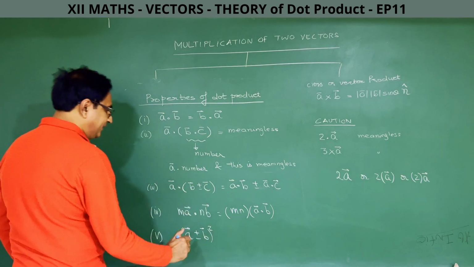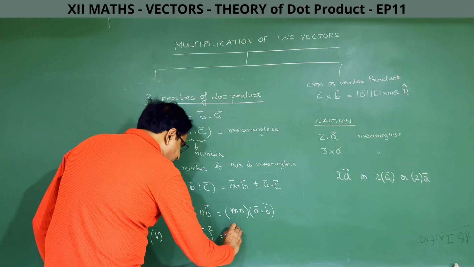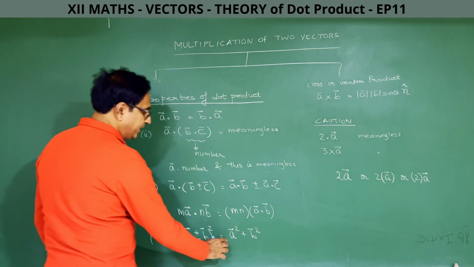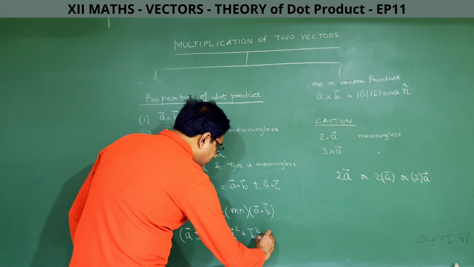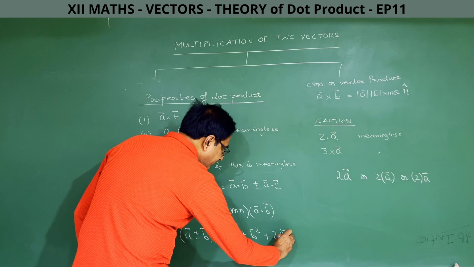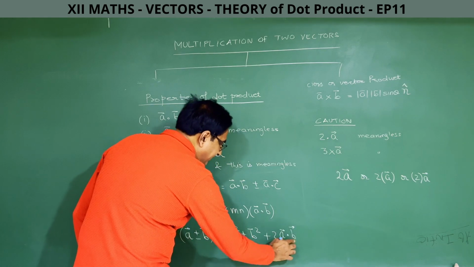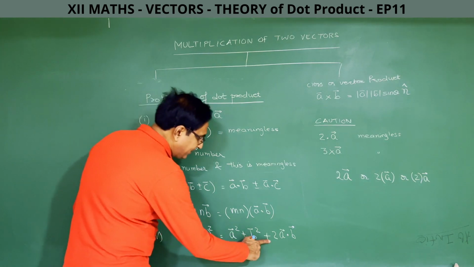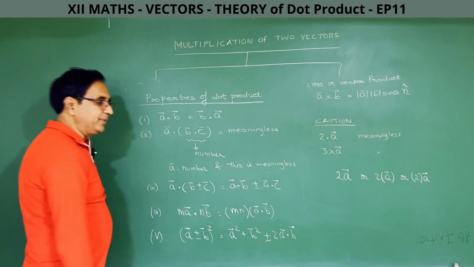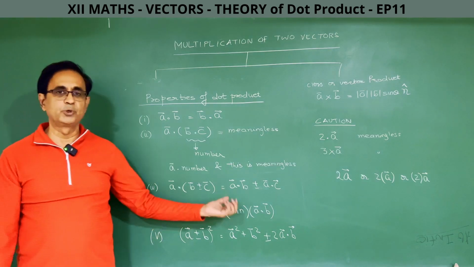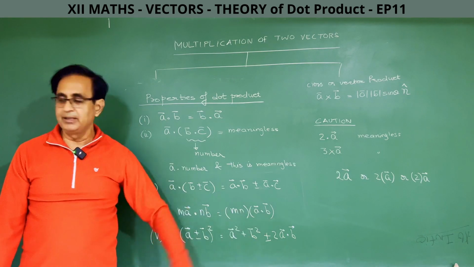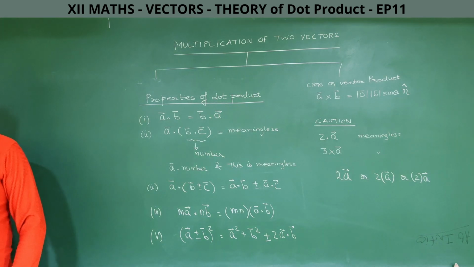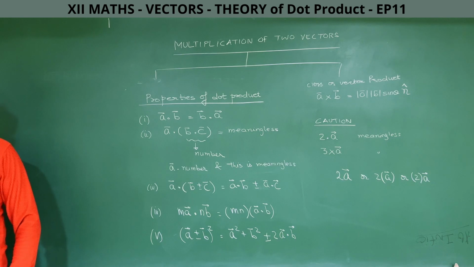Alright. So fifth one, what will be (A plus minus B) whole square? So if you open it and derive it, finally it is going to come to this, and this is something like your algebra formula. You will remember A plus B whole square is A square plus B square plus 2AB, but here AB will not come, A dot B will come. So A plus minus, okay, minus B, so here we put a minus B below. So A plus B whole square, vector A plus vector B whole square, will be square of vector A plus square of vector B plus twice of the dot product of the vectors. So there is no need to derive this, it can be easily derived.